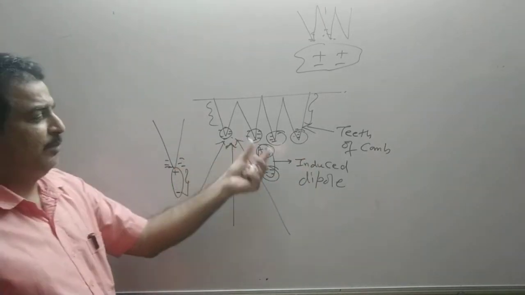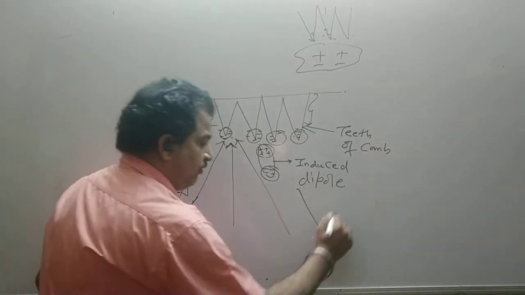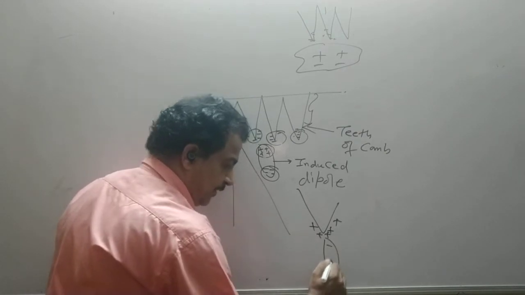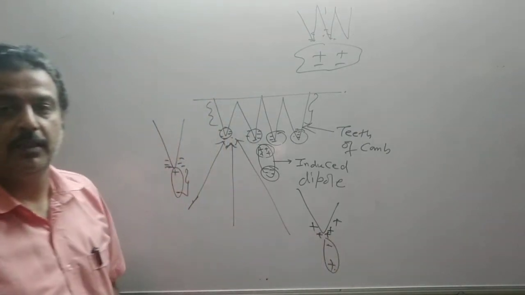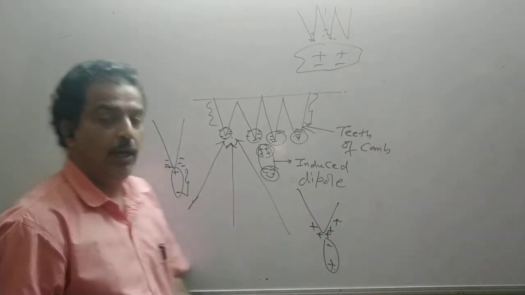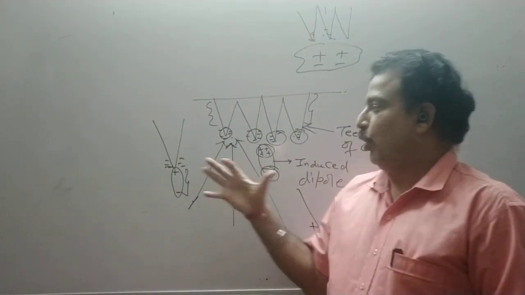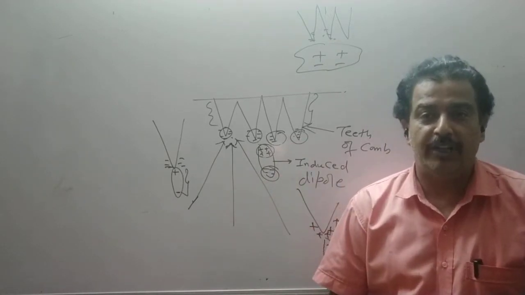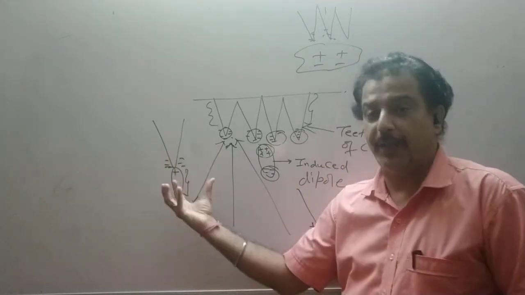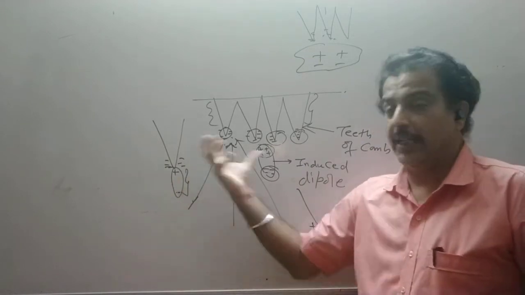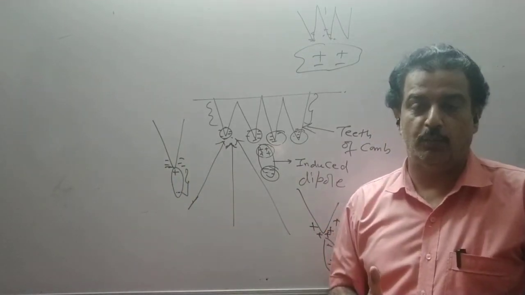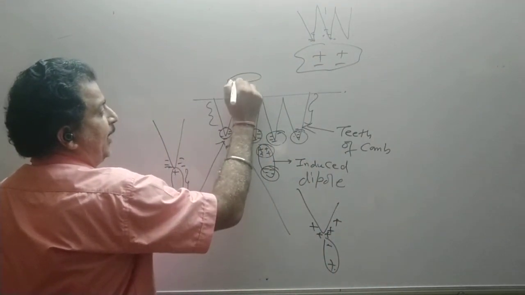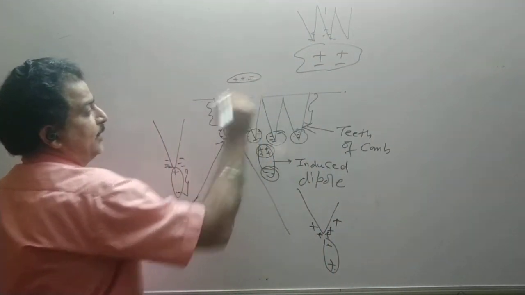So if your teeth become positively charged, the dipole will be like this. This is negative charge, this is positive charge. So this is how a dipole behaves in a non-uniform field. See, it got attracted and came upward. Attracted and came upward means it performed a translational motion. So how was the piece of paper kept? You kept a piece of paper like this, say 2 plus, 2 minus.